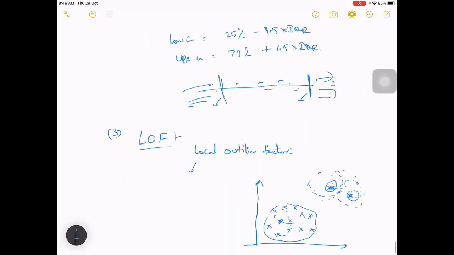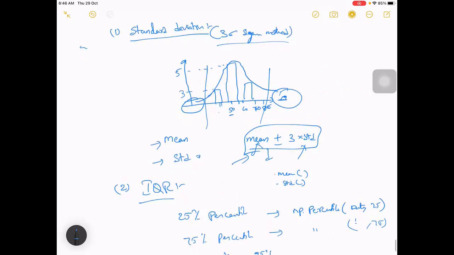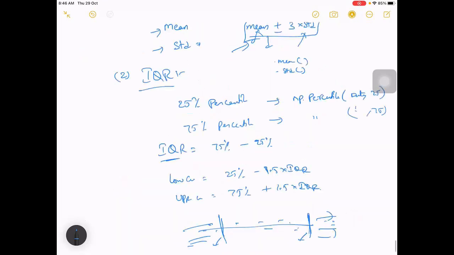In most cases, these two are very basic, and we call this the 3 sigma method. This is a very basic way to find the anomaly, but it usually doesn't work most of the time. Even IQR is not so great.